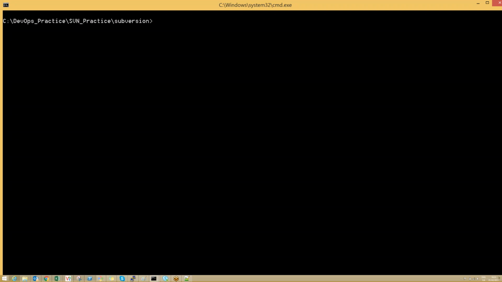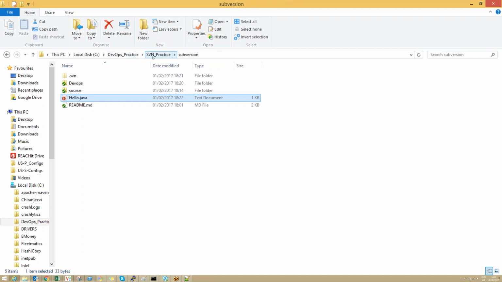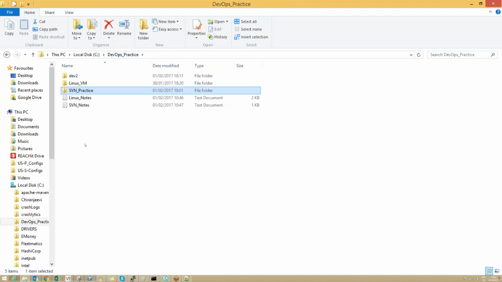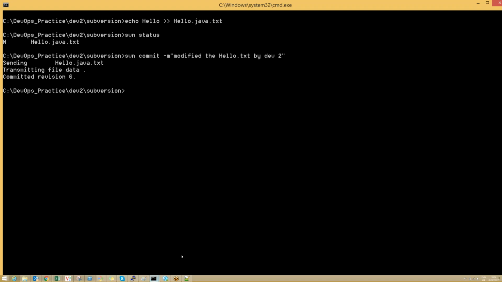So assume I'm a project manager. I don't want to check out this entire source code, but I have a file lying over there in this example DevOps directory. I have a file called SVN notes. Now I want to send this file to my repository. How do you send it without creating a workspace? We can do it with the help of a command called